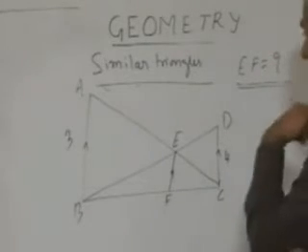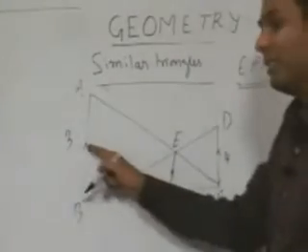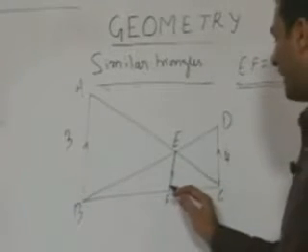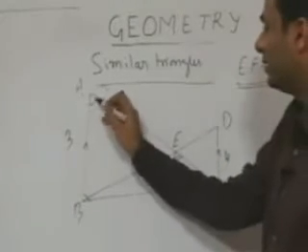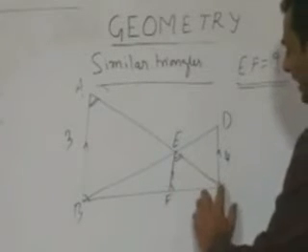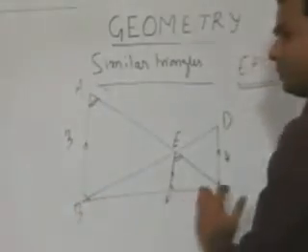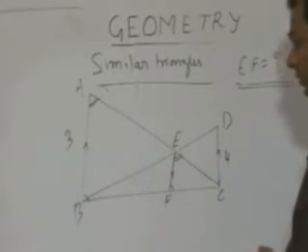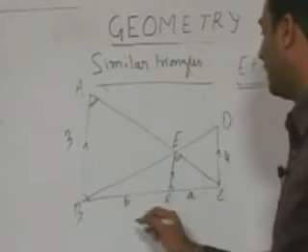Now what I can do here, if you look at this triangle ACB, can I say that these two lines are parallel? And if these two lines are parallel and this is a transversal, it means this angle is equal to this angle, as well as this particular angle is equal to this angle. Since this angle is equal in both the triangles, triangle CEF is similar to triangle CAB. So the ratio of the sides are equal. Let's denote the length of CF as a, this length BF as b, and this length as x.